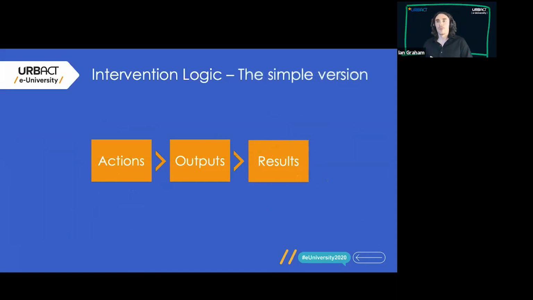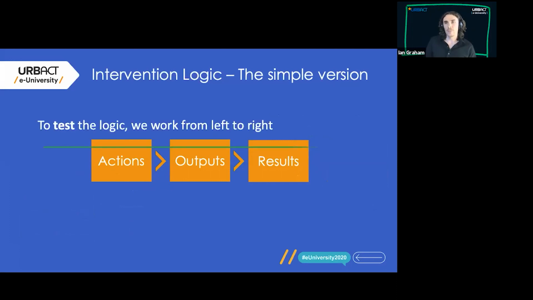So we're testing the links in the chain from one step to the next, and that's the key thing. And to test that logic, we move across from the left to the right. So we step through and say, if we have these actions, does it lead to these outputs? Does it lead to these results? And just to illustrate that,